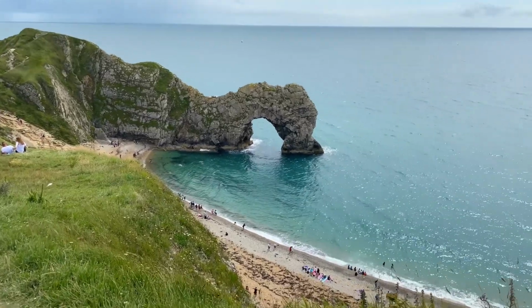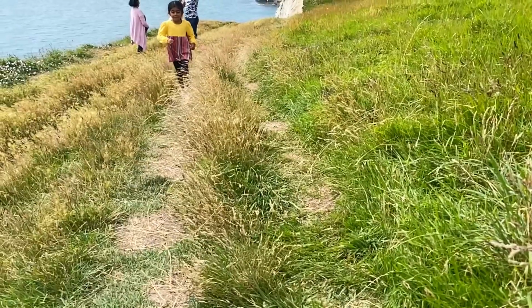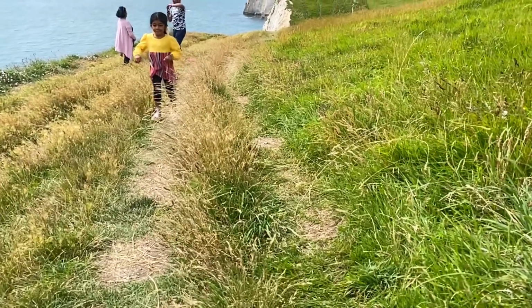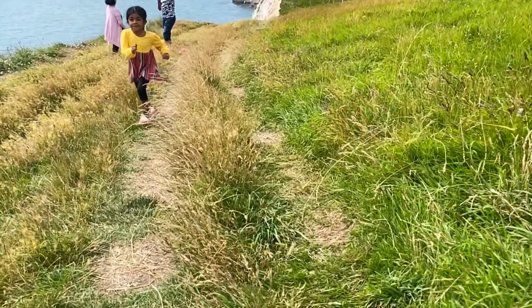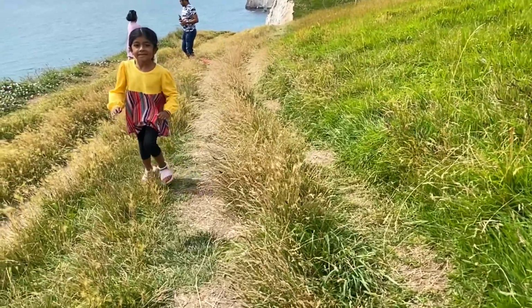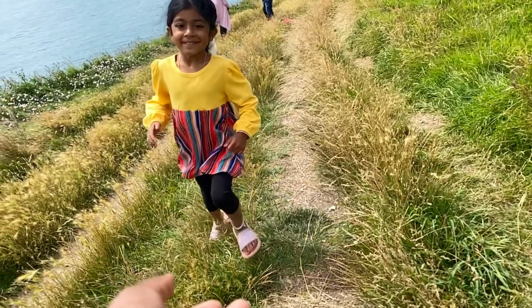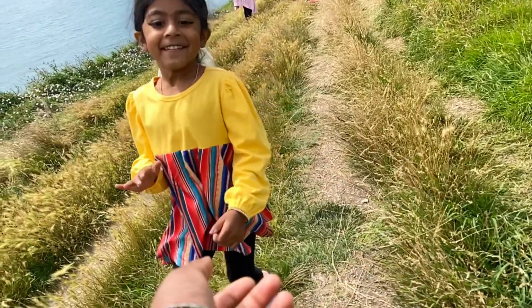So the reason why I wanted to go to Durdle Door was that whenever I searched for the best attraction in England, this was the main place which was popping up in my Google search history. So I just thought, you know what, let's pack up our bags and go. And I must say, this place is one of the best places for